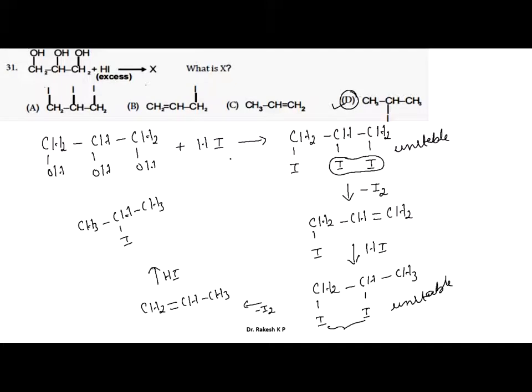So let me move on to the next one here. For a p electron, the orbital angular momentum is, okay. So we know the equation: the orbital angular momentum is equal to the square root of l into l plus 1, into h by 2 pi. This h by 2 pi can also be written in reduced form, h bar, the reduced Planck's constant.